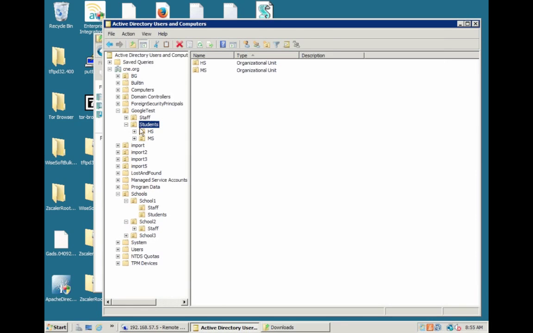Inside of the Google test, I've got my students and I've got my high school and my middle school. Well, I've broken down my high school to give me all of my high school students. Now, I've only got one high school student in there thus far, but I've also got my middle school that has all of my middle school students, so that if there was a user that I wanted to create, I wanted to have all of my high school students in here, I could have all of my middle school students,